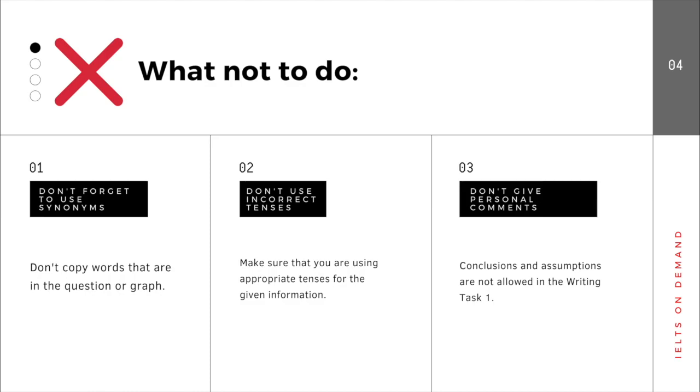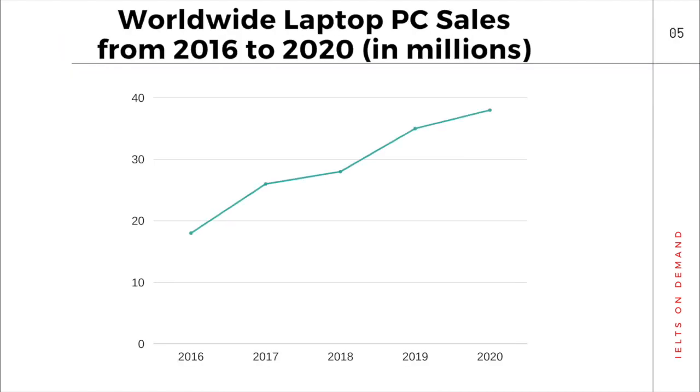Let's try and view this graph here. This is a line graph of the worldwide laptop PC sales from 2016 to 2020. And these numbers here on the vertical axis are in millions. So as you can see here,